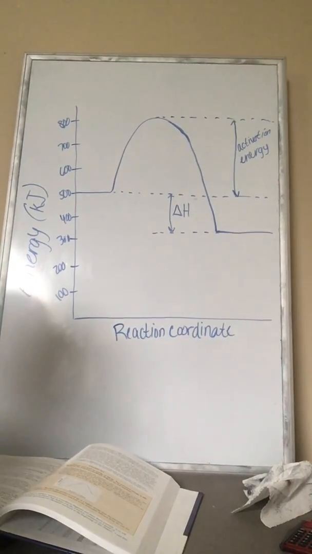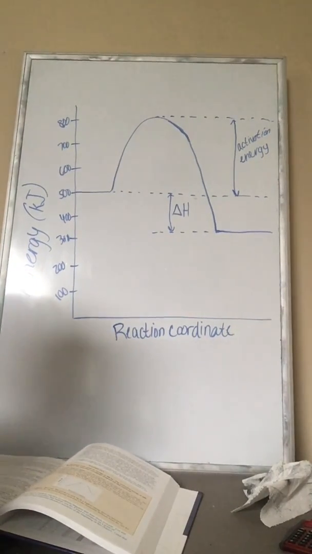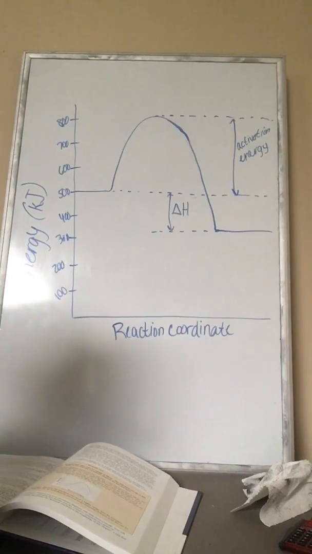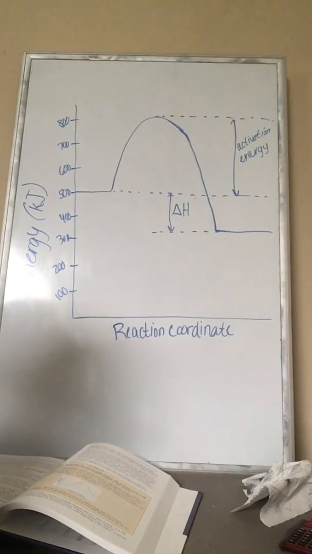Okay, now we are going to go over activation energy. And I have this reaction coordinate on the board because I want to go over with you how to read one of these and how to analyze it. All right, so first of all, the activation energy is the energy required to initiate a chemical reaction. And so the way that you read one of these